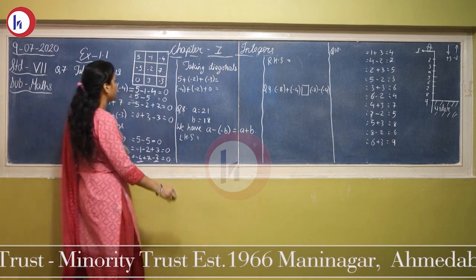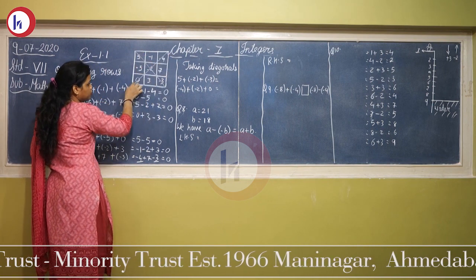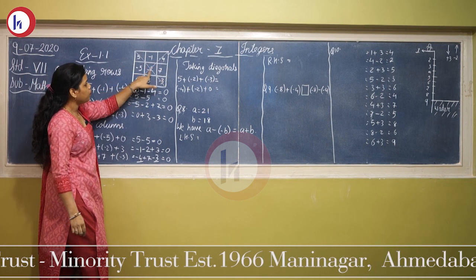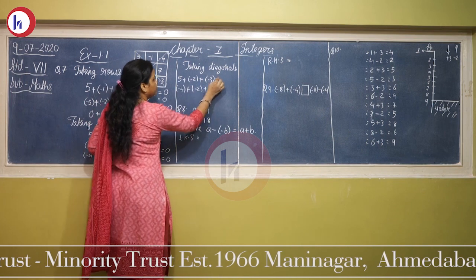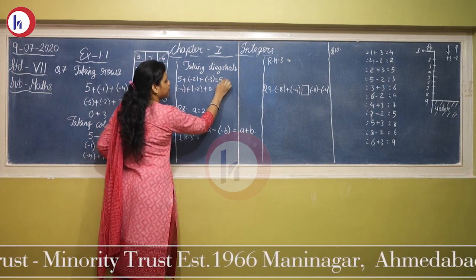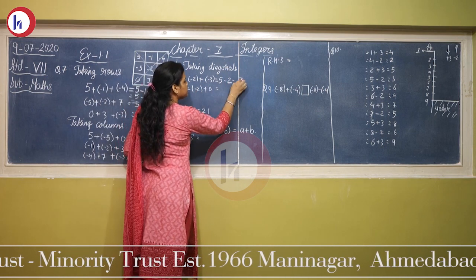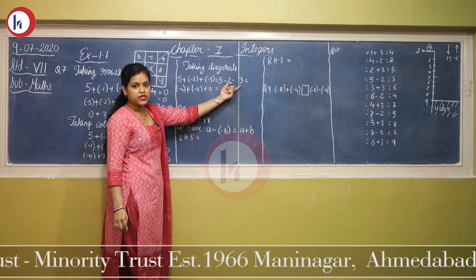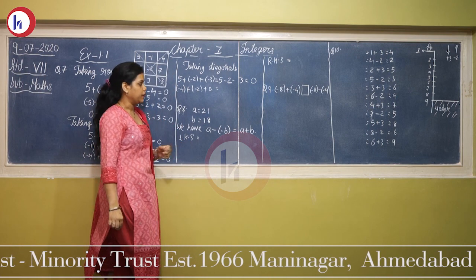Taking the diagonals. Now what do you mean by diagonals? So this is the diagonal of the box, this 2. So 5 minus 2 and minus 3, minus 4 minus 2 and 0. So these two diagonals we will add and check. So here opening the bracket, 5 plus multiply by minus will be minus 2 and plus multiply by minus will be minus 3. So here minus 2 and minus 3 together will give you minus 5. So plus 5 and minus 5 is going to give you 0 again.